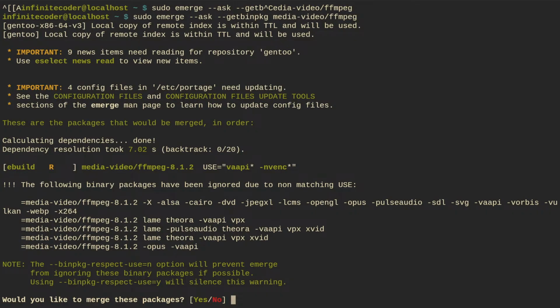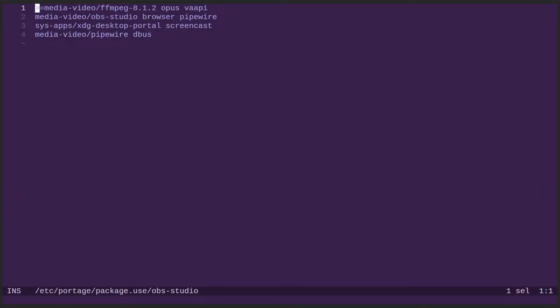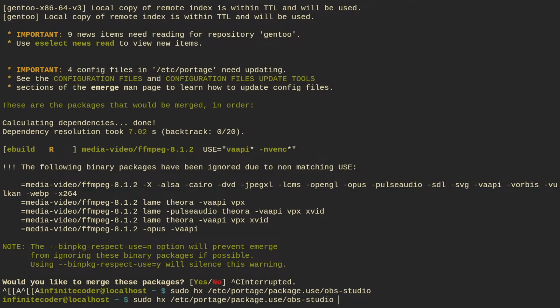Oh well, we're building FFmpeg from scratch. Wait, is there really nothing? I guess I can try removing the greater-than-or-equal sign, this part. I hope it's gonna be fine.